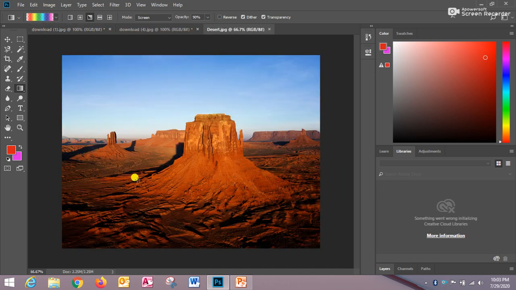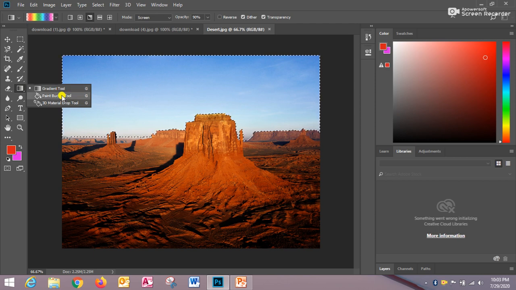And then first of all, with the help of magic wand tool, again select the magic wand tool. Select an area with the tolerance 100. This is tolerance 100 which I have already entered. Then I am selecting this area, sky area of the desert part. Then select the paint bucket tool. This is the paint bucket tool.